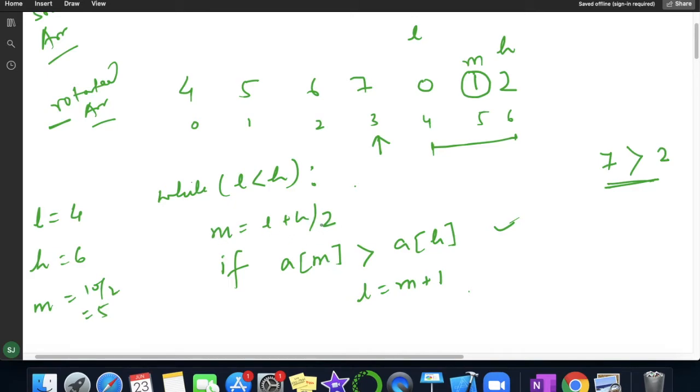We calculated the mid value as 5. Now I am checking the value present at mid, which is 1. Is 1 greater than the value present at index high? The value present at index high is 2.